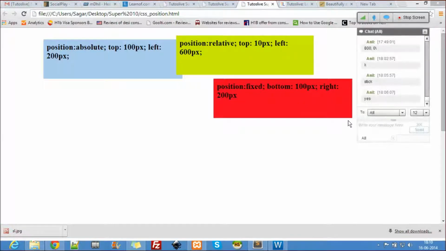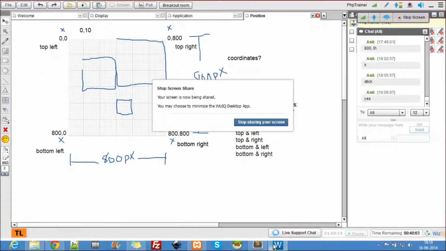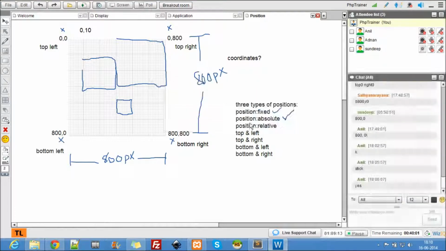So any questions now? I hope any questions you had before can be answered now, or were they answered? Any questions about the position, how they are used, why they should be used, and the coordinates? Always remember the coordinates are only two. You cannot really use top and bottom in the same position.